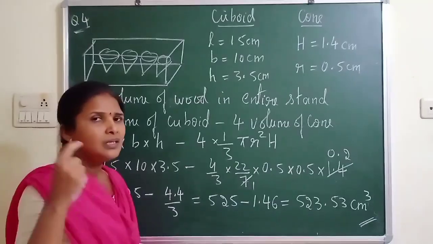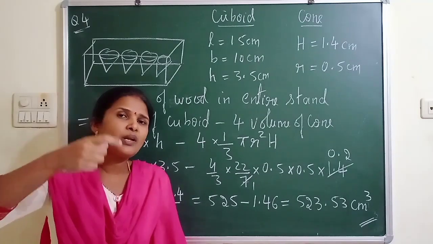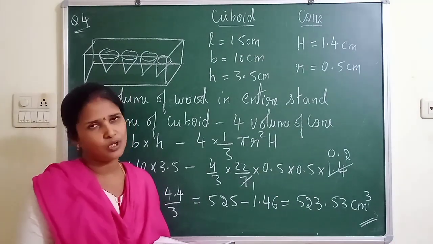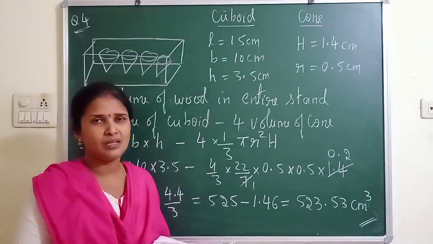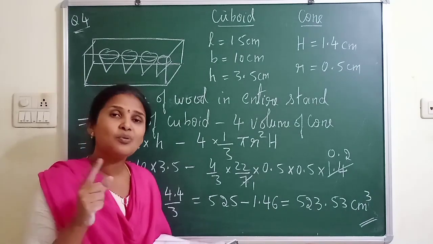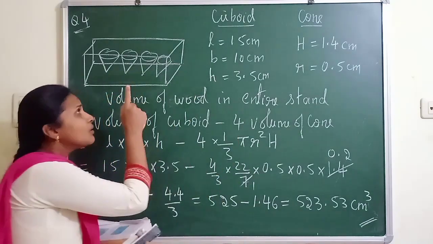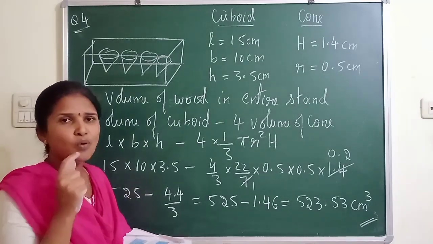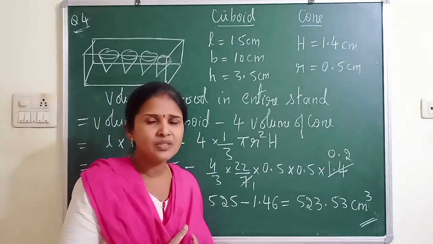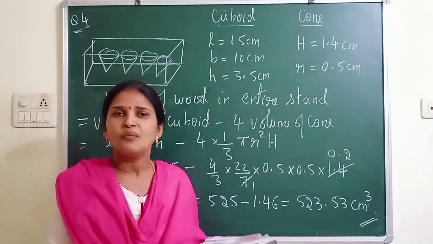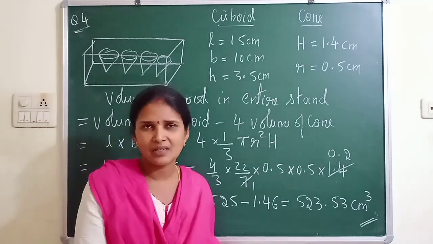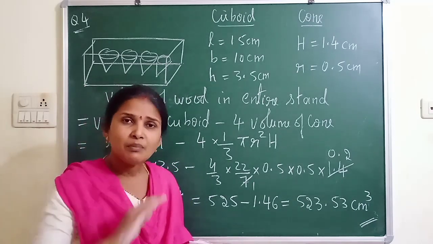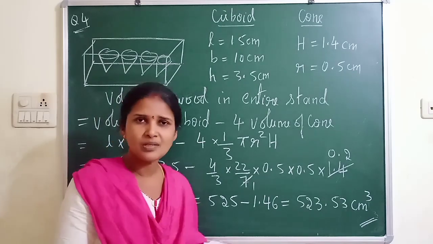Why are we subtracting? In case of volume, when any solid is mounted or attached without any depression, then we are adding the volumes. Remember always, when there is no cavity in any solid, we add the volumes. But when a wooden block is made with a cavity, then we subtract in case of volume. I already said at the end of this exercise, I am going to compare when we have to add and when we have to subtract, in case of area and also in case of volume, with one or two examples. I am making you thorough with some examples at the end of this exercise.